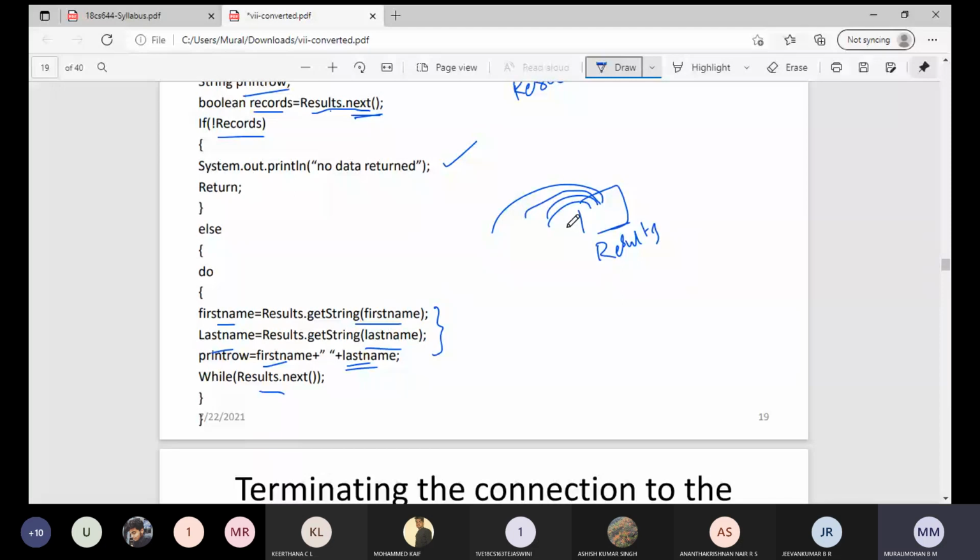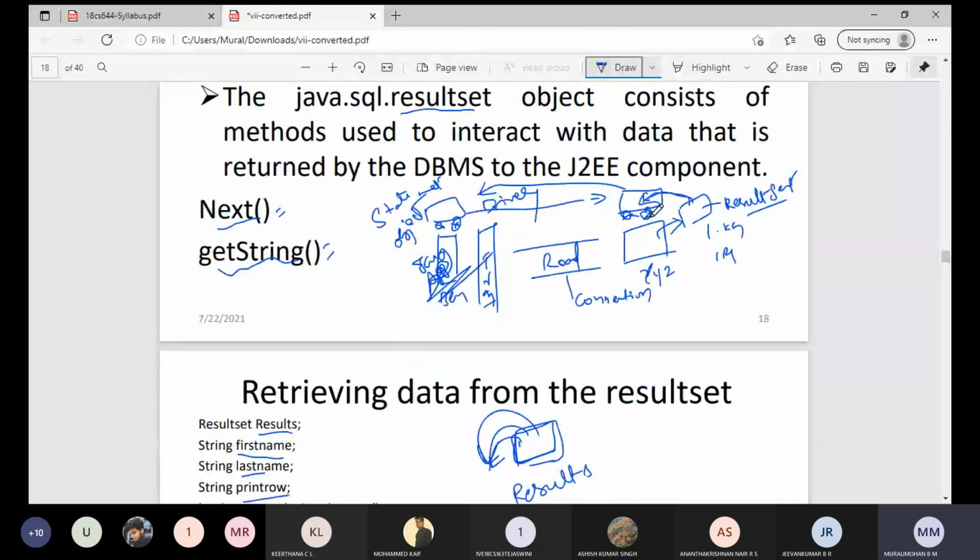As I told in the previous class, if you remember this, it will be very easy for you. We have one Java application, drivers are loaded, and the connection is established. Once the connection is established, we create and execute the SQL query. Once the SQL query is executed at the database, the results are placed inside this box, which we call a result set.